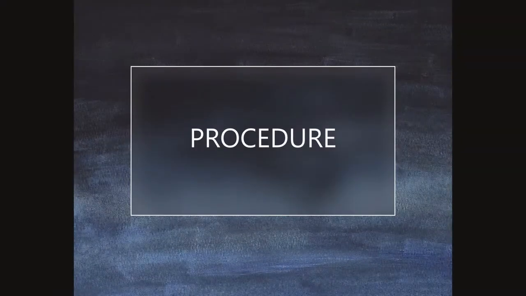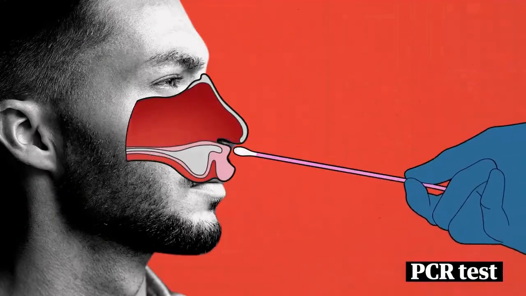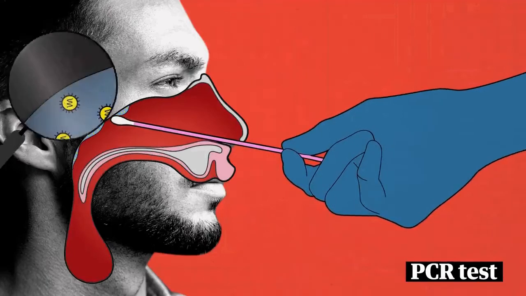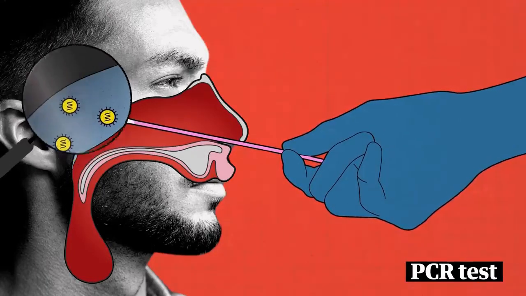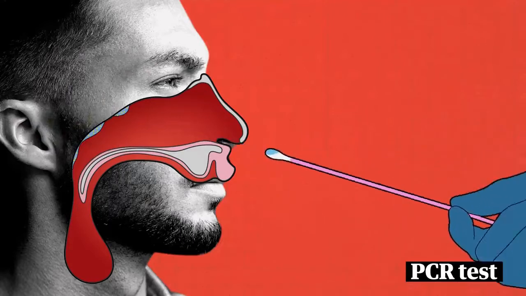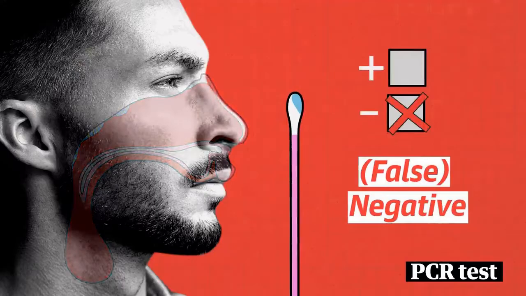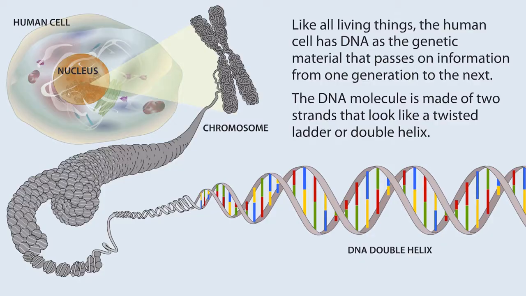In the PCR test, we will take a swab from the nasopharyngeal and oropharyngeal areas of the individual suspected of COVID-19. For the nasopharyngeal specimen, the swab is inserted into the nostril and gently moved forward to the nasopharynx. Then it is rotated for a specific period of time to collect secretions which contain the virus.